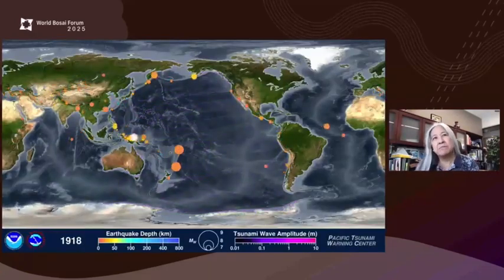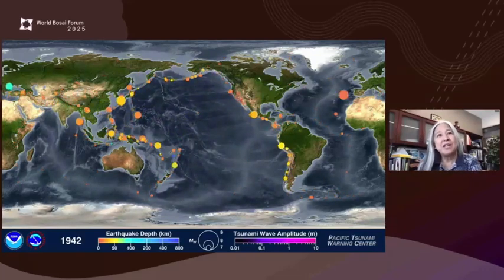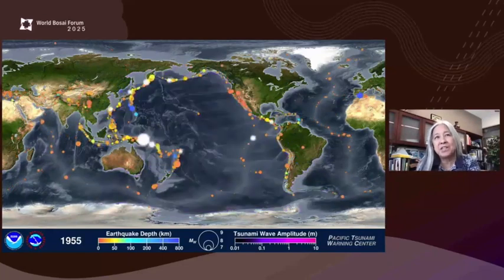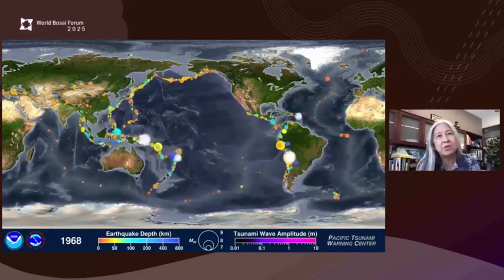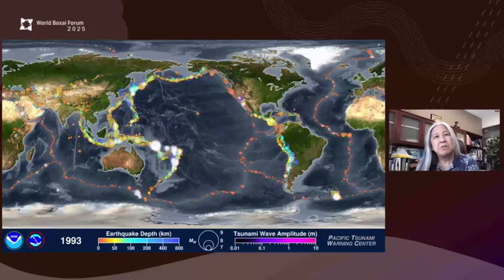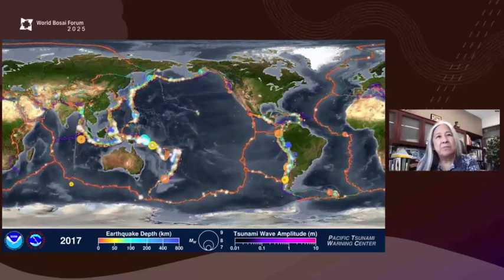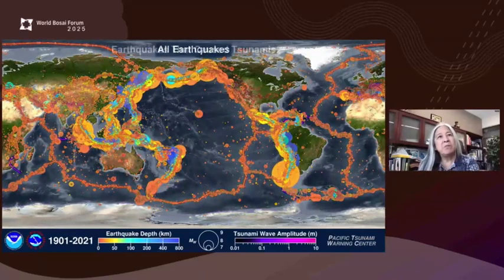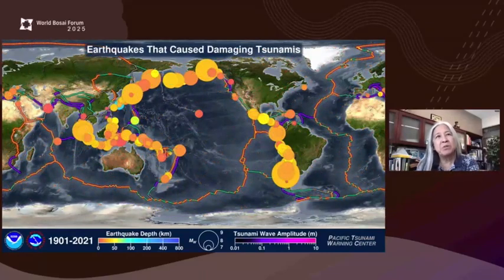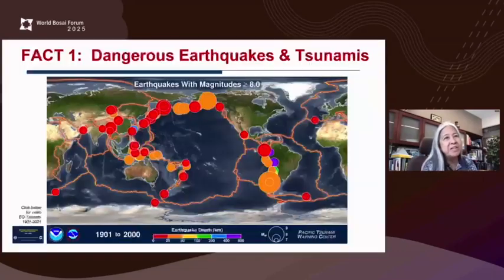Every now and then you'll see a pink flash, and those are tsunamis that actually have been generated by these earthquakes, and they've gone across the ocean basin. So really being dangerous from all areas of the world, in all oceans, and something we really need to take into account as we move forward. So I'll just leave that there, and we'll go to the next slide, please.